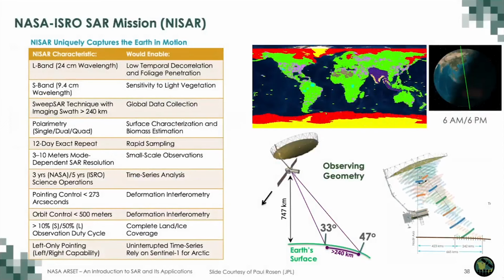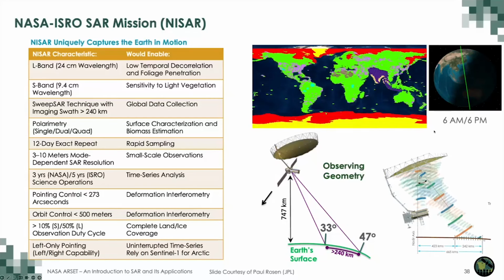The S-band radar has a lower duty cycle, so it will only be acquiring data over selected areas, primarily over the Indian subcontinent, then a few additional areas around the world. But the L-band data will be